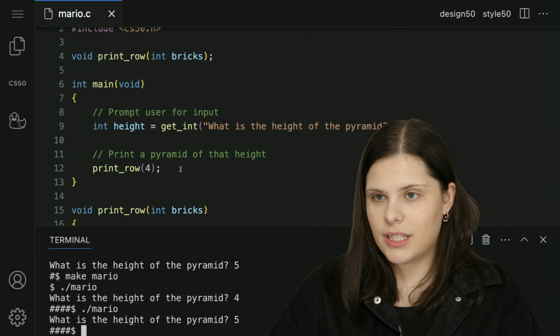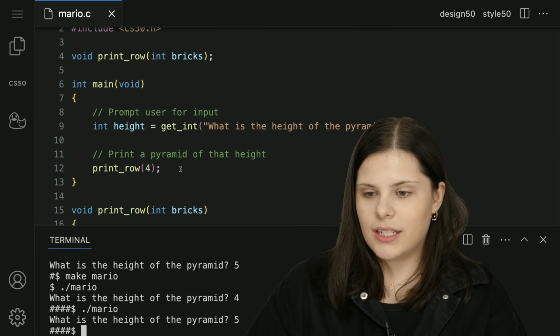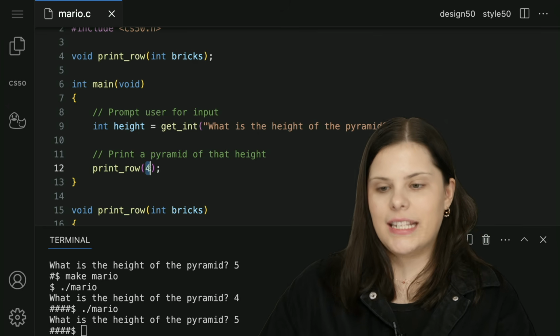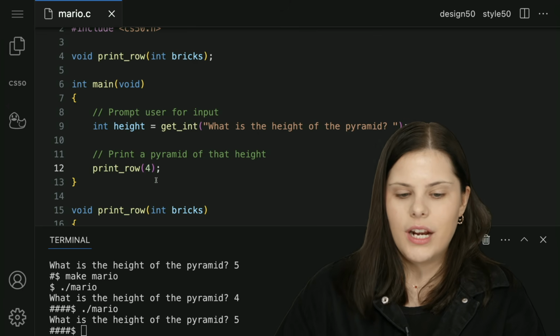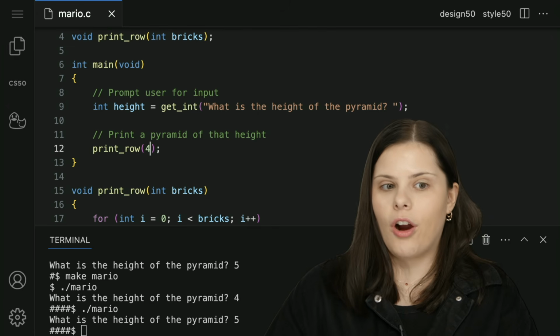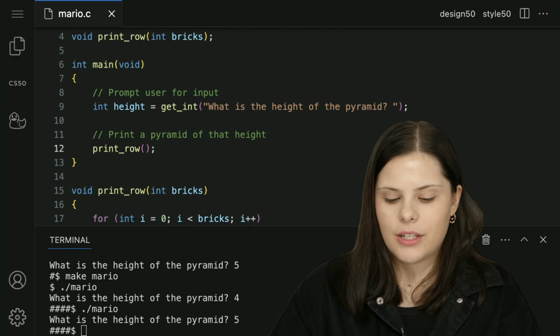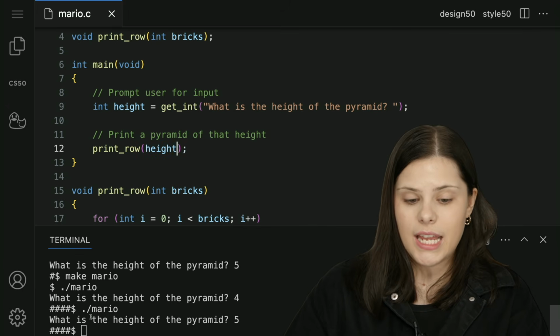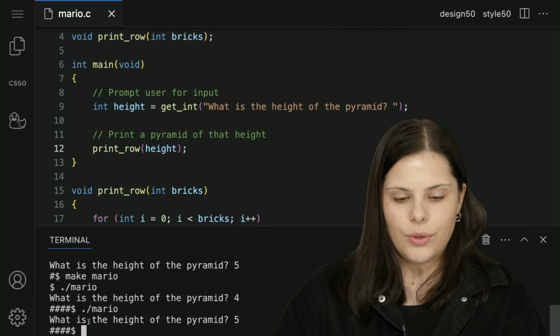Why does it keep printing out 4 hashes even if I put 5 as a user? Any suggestions? So I can see that, yeah, exactly. I have print row 4. So I don't want to hard code the number, right? I want to make it dynamic. So I'm going to change it to height. In this way, whatever user input puts in, I will be able to